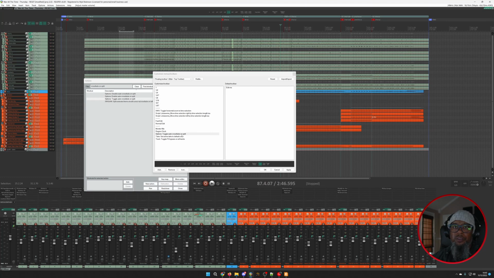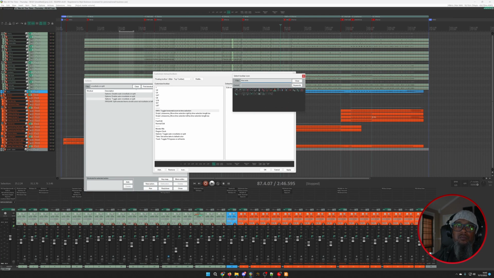Alright, so now I need to rearrange these things. So, monitor mix and regions clock. Yeah, I've definitely got to change these up here because I don't have the icons that make sense to me. So, I need to change the icon for that. This is for my action to toggle the horizontal zoom to time selection, and